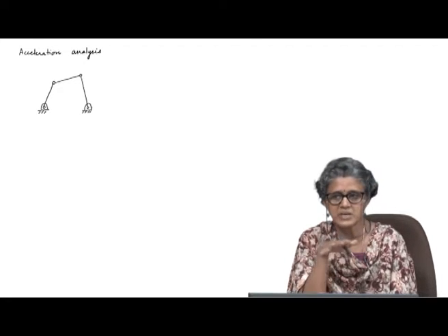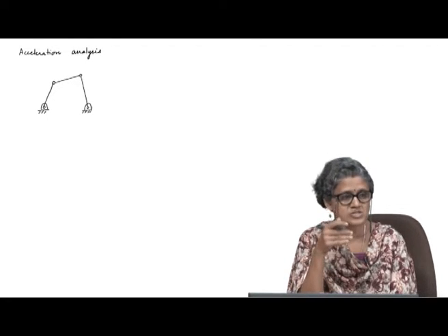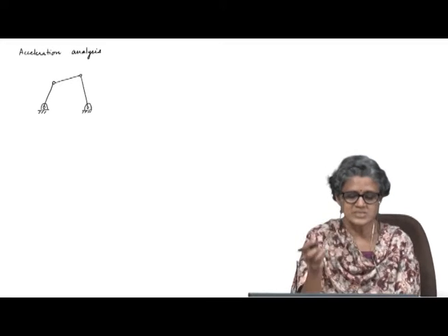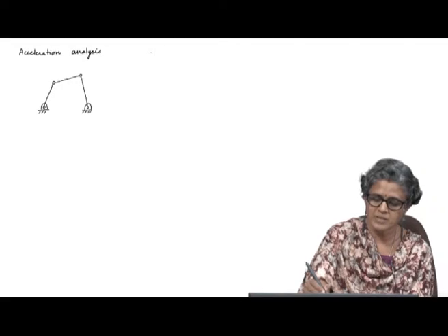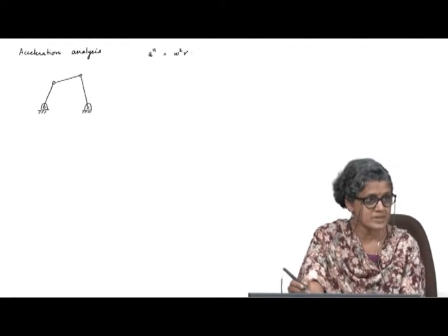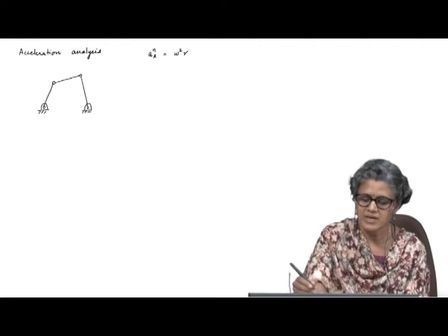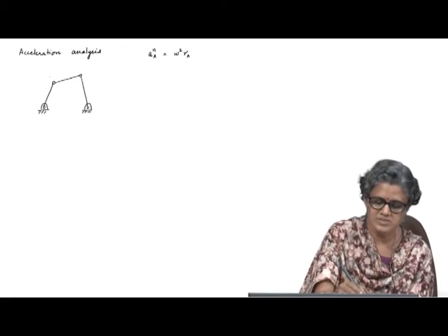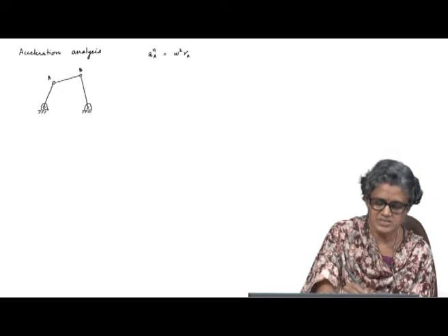So, once you complete your velocity analysis, you actually know all the normal components of accelerations of the various links, because the magnitude of the normal component is omega square r, right. So, if I have A, then A, so now let us apply this to the analysis of a 4 bar,